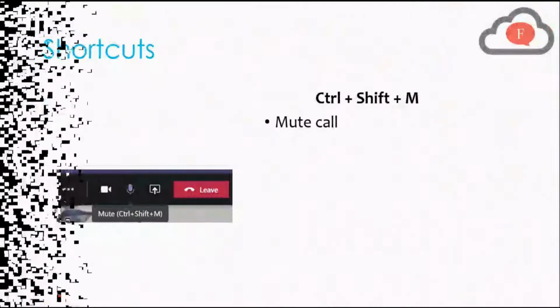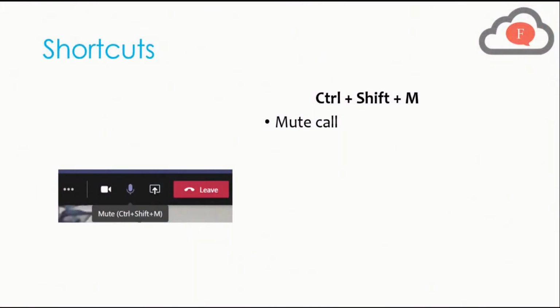Now, let us go further and talk about our first shortcut that is most compulsory when you are using Microsoft Teams. That is mute call. Certainly, most of the time when you are in a meeting, there is something that happens in your home, or you don't want the background noise to be heard in the meeting. So in that case, you will mute the call. How to do that? That is also quite easy. You just have to click Control, after that Shift, and after that M. So Control, Shift, and M will help you, and you will see in Microsoft Teams your call will be muted.